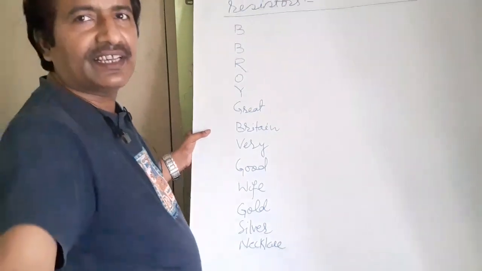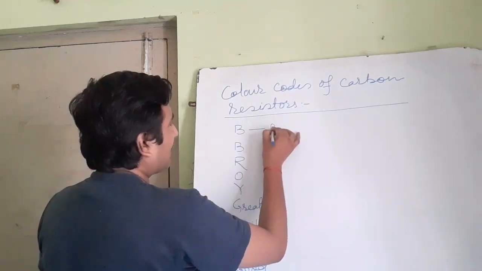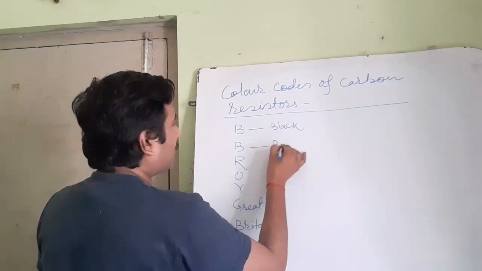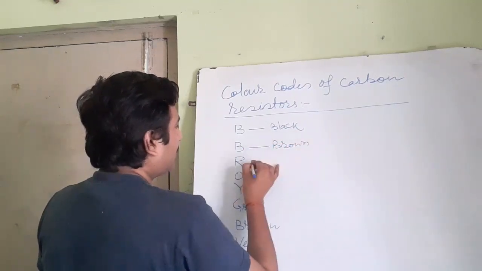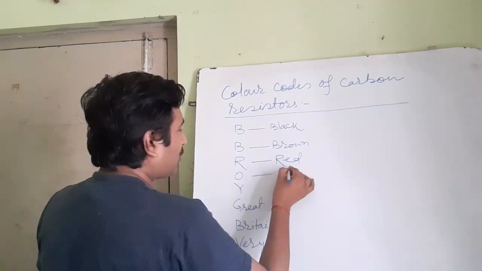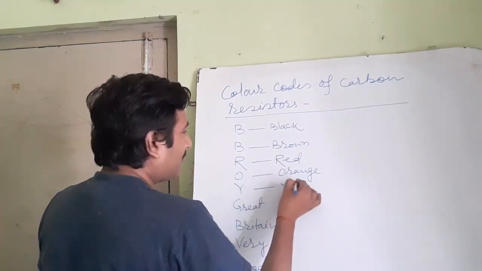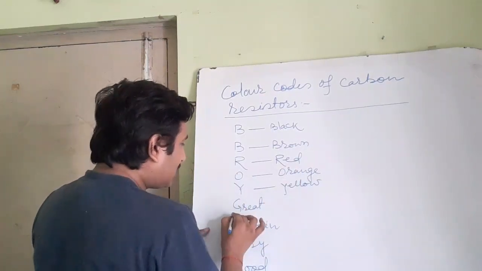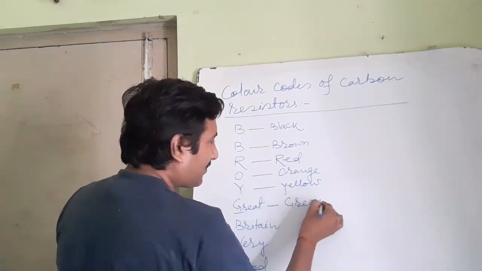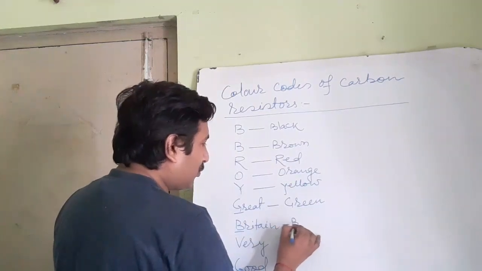You see here, this B represents the color black, this B represents brown, this R represents red, this O represents orange, this Y represents yellow, and G for Great represents green. Okay, B for Britain represents blue,